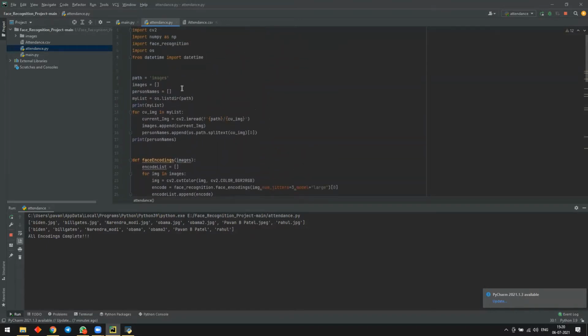We are naming the images with the name of the person and extracting the name part from the image's name.